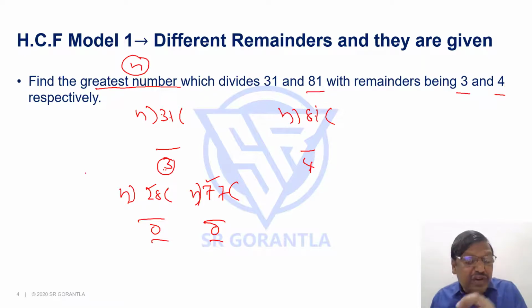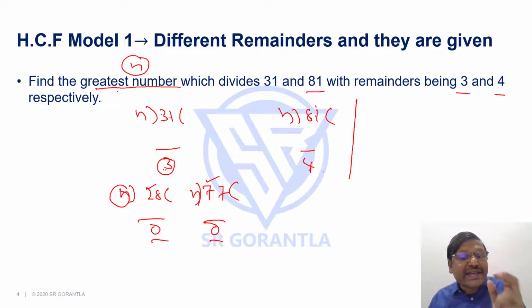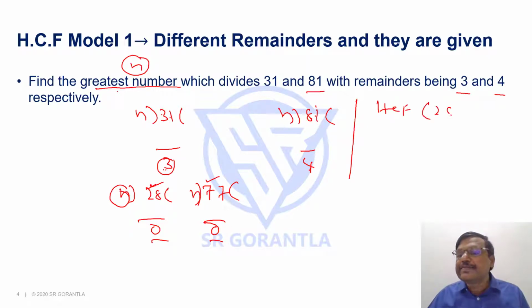So what is the number that divides 28 and 77 exactly? The number that divides 28 and 77 exactly is their common factor, because factor is the one that divides them. But I want the greatest number. The greatest number that divides each of the given numbers, if you recall the definition of HCF, is their HCF. HCF is the highest number that divides each of the given numbers, in this case 28 and 77. So what is the HCF of 28, 77? The numbers are so simple, you can easily say 7, right? You can see 7 4s, 7 11s.